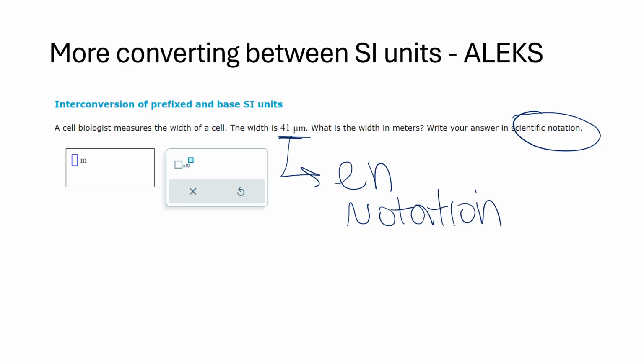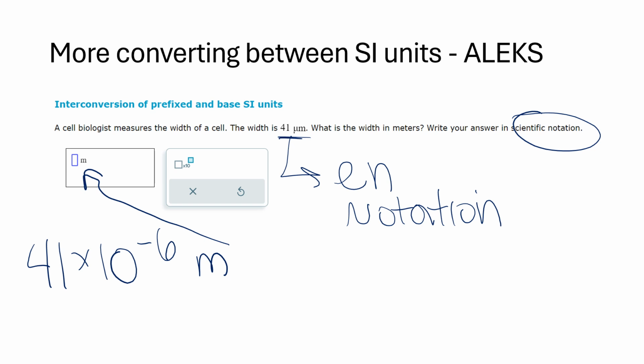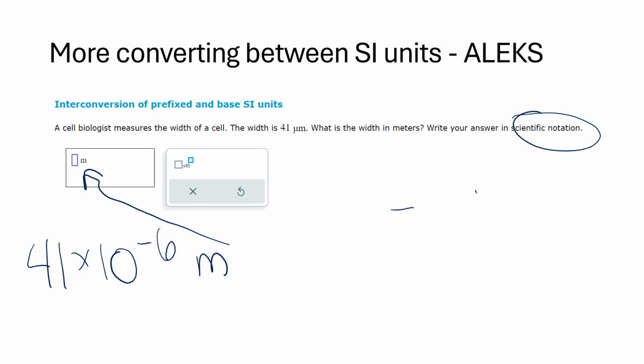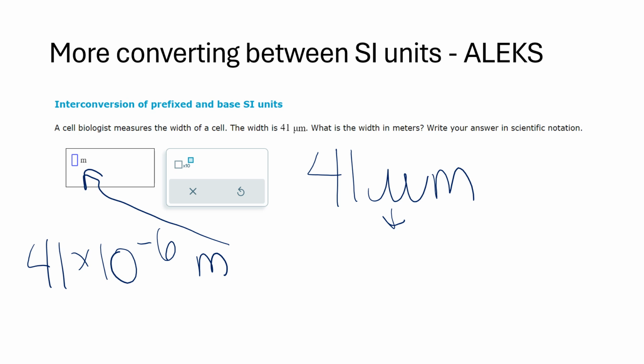And we're going to have to go back to that in a later lesson. So here we have 41 micro, so you have to have those prefixes memorized. We're trying to get to meters. What students sometimes struggle with is if you get 41 micrometers, this is simply the prefix that is associated with it. So there's not really a conversion that is needed here,